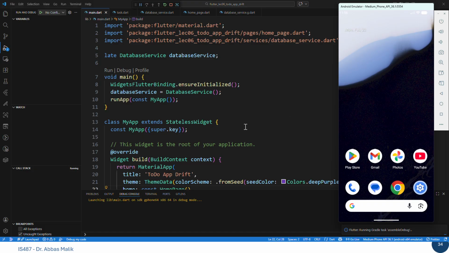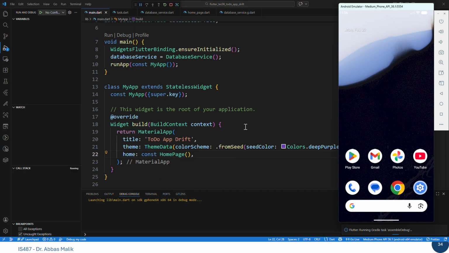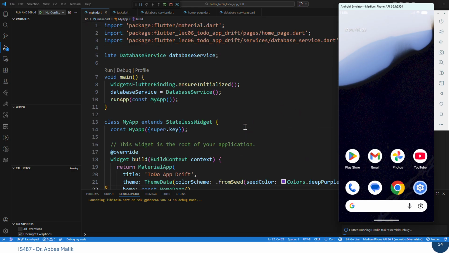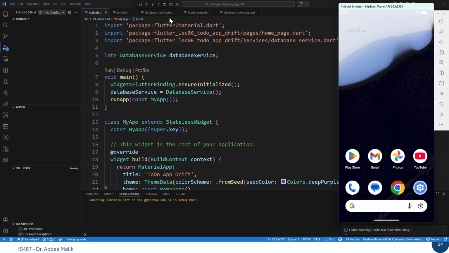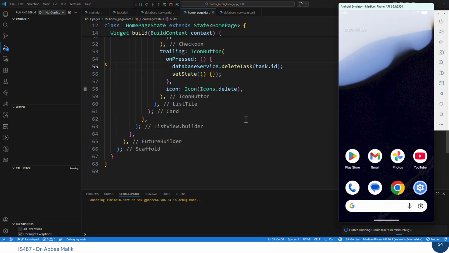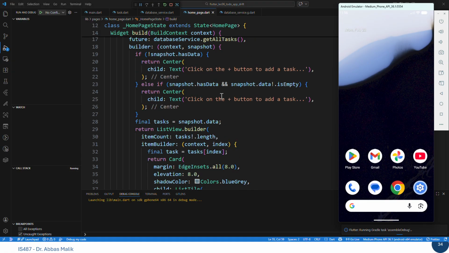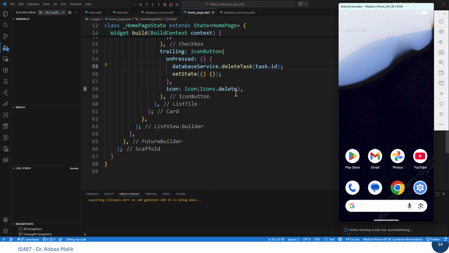Of course, we also need to implement the floating button on which we are going to add a new task here. But right now, I just want to show you that if there is no task, then it will show me this message: click on the plus button to add a task. And after this, once we have the scaffold, inside the scaffold, we are going to add